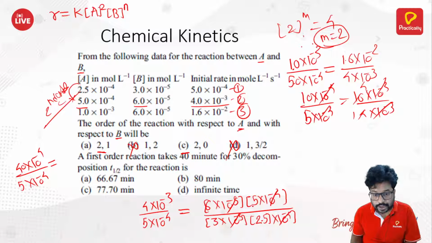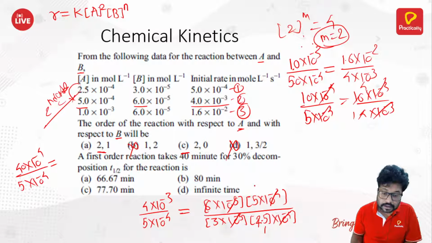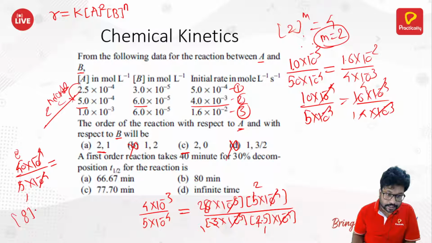6 into 5, 30. 2.5 into 3, 7.5. Rather, 2.5 into 2 is 5. 3 ones are 3, 3 twos are 6. 2 into 2, 4. 10 raised to minus 4 gets cancelled, right? Then what do we have? 5 raised to 40, 8. So your 8 is equal to